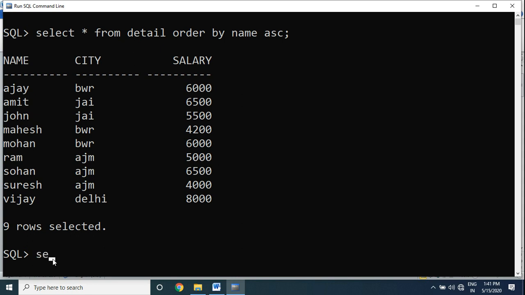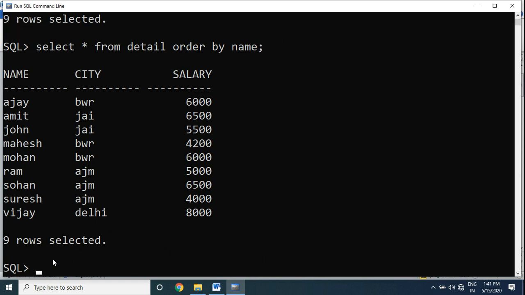If we write ORDER BY name and we do not specify ascending or descending order, then by default it will arrange records in ascending order. So all records are arranged in ascending order.